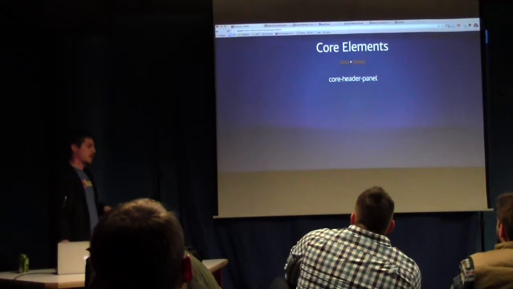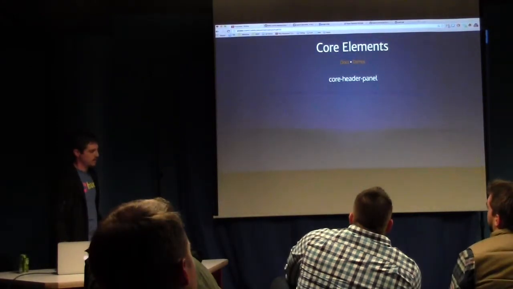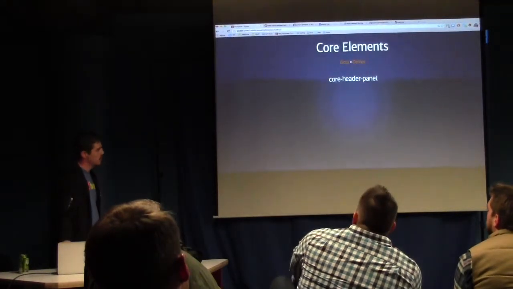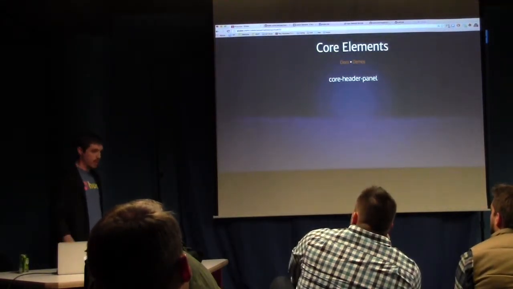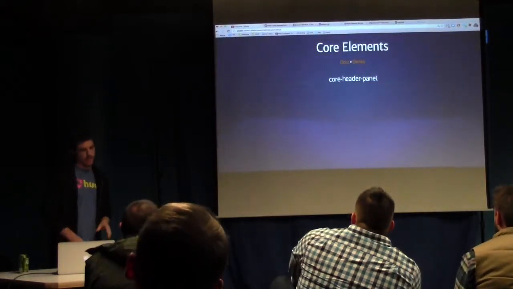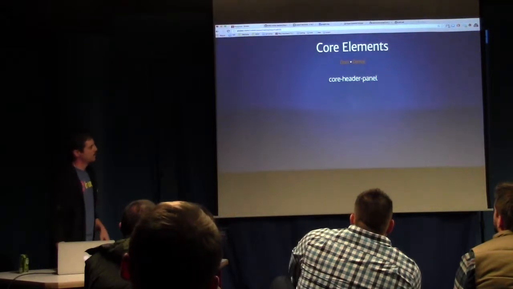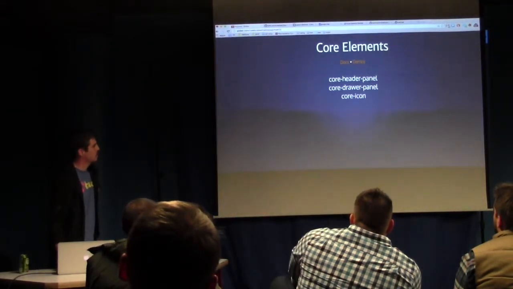So Polymer is generated by Google. It's being worked on by them, and they have a few core libraries out there, a lot of tags that you can use online. The whole idea behind this is reusability and modularity. So making the web a lot easier to share components around and not have to always write your own code. So some of the ones they have,